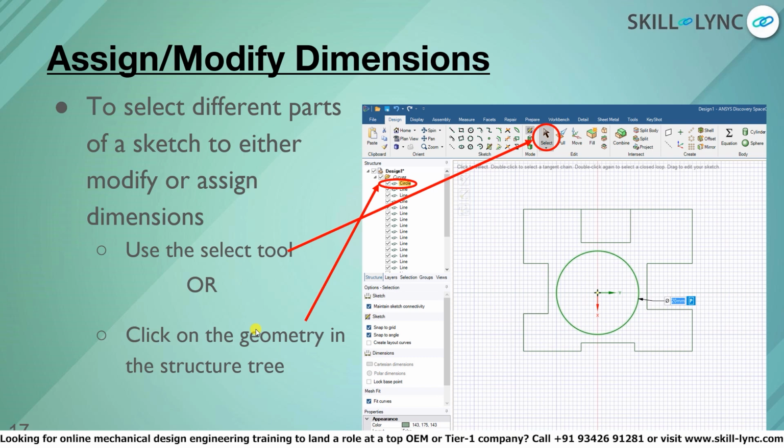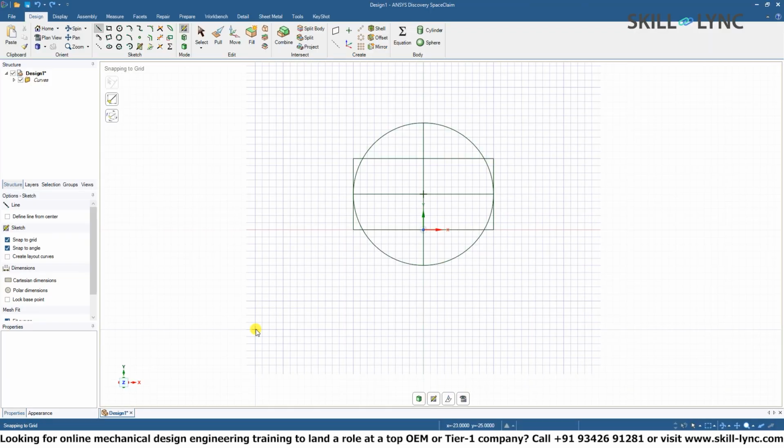In this section, we are going to cover how we can better modify, edit, and control some of the geometry that we've laid down in our workspace. As we have covered previously, you can lay down some geometry in the workspace. However, let's say you'd like to select specific parts of this geometry or edit certain features that we've already laid